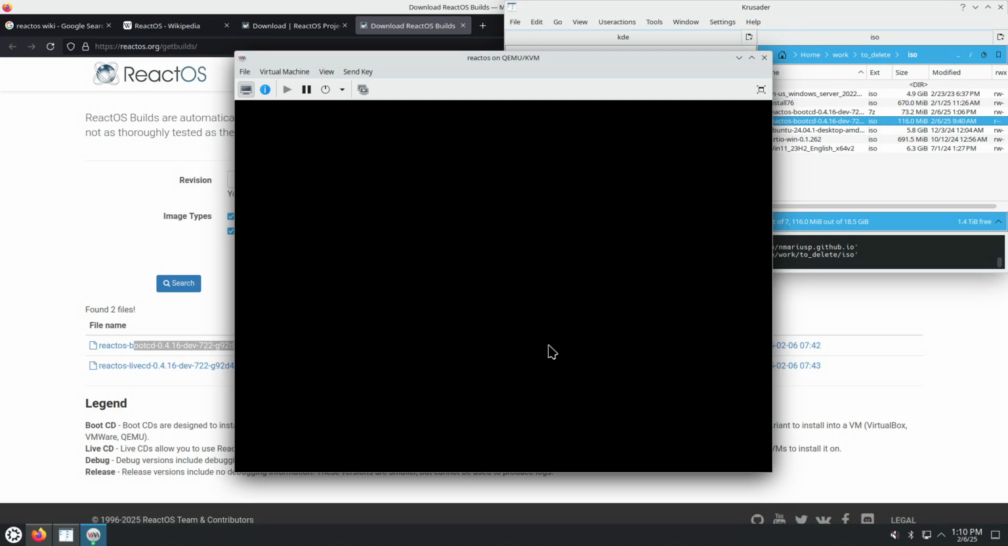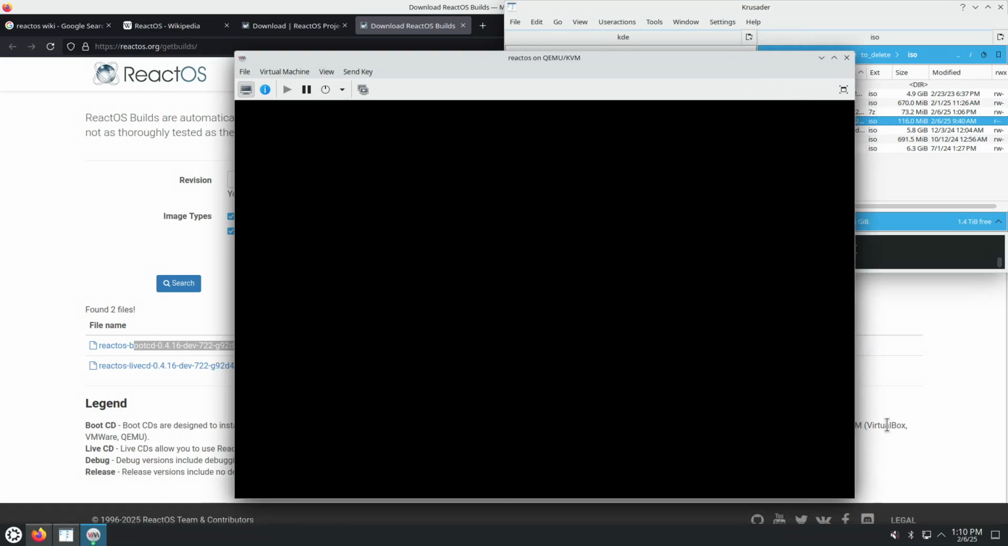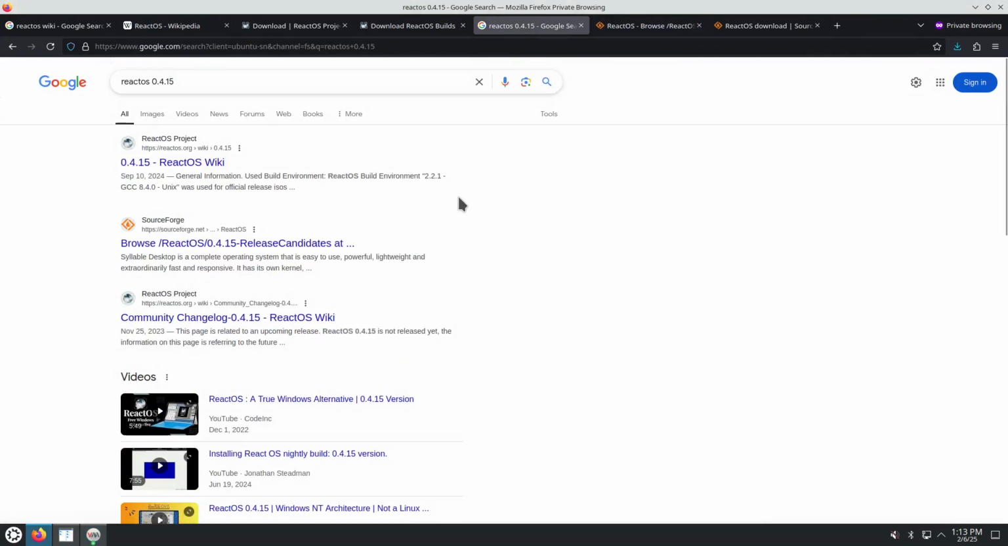So it has allocated 100 gigabyte QCOW virtual machine hard disk, SATA. It has booted and started the installer. This doesn't work. Booting from the ISO, the nightly ReactOS ISO, just goes to a black screen, and that's it. So I'm trying the release candidate from 2024